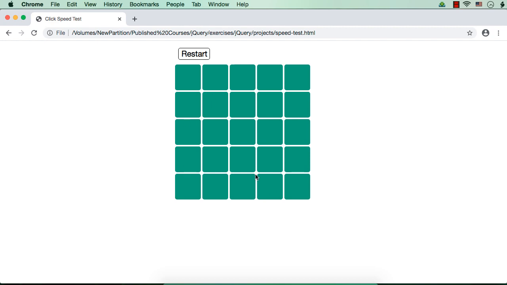So we need to have an array that is having numbers from 1 to 25, and once all those 25 numbers are added, then we need to add numbers from 26 to 50, right? So we are planning to add numbers from 1 to 50, as there are only 25 boxes or 25 div elements. We can add 1 to 25 at a time and then 26 to 50.